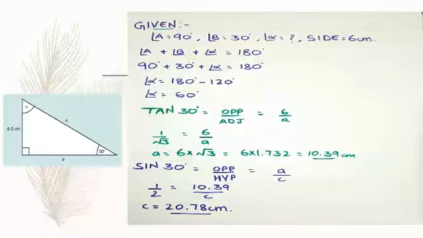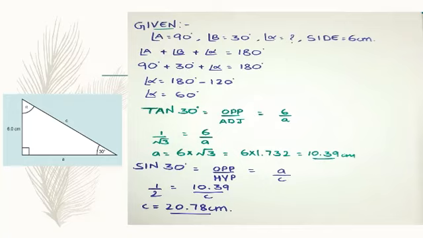Angle A is 90. It is a right angle, therefore it is 90 degree. And another angle B is given, which is 30 degree. Angle alpha is not given, that we have to calculate. And one of the side, opposite side is given, it is opposite to the reference angle, it is 6 centimeter.